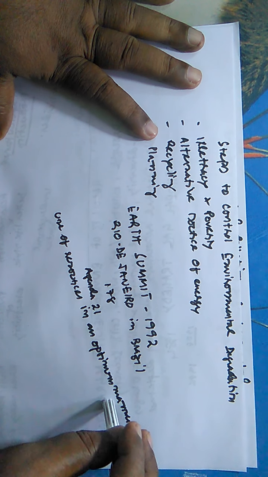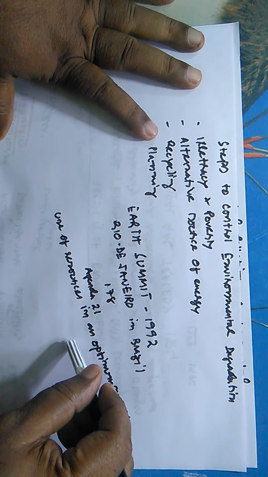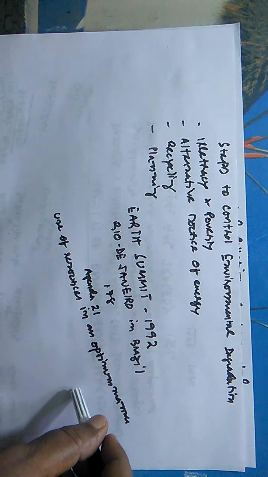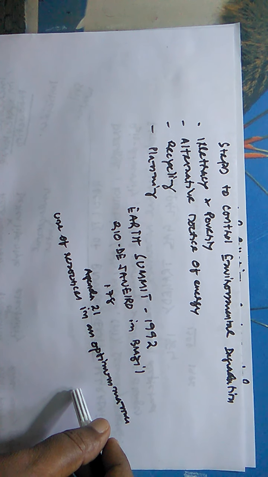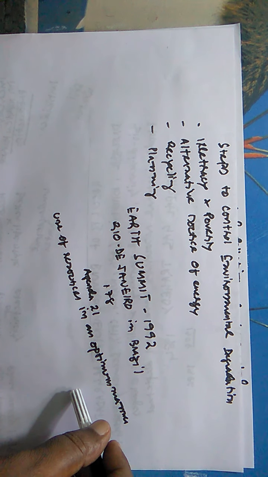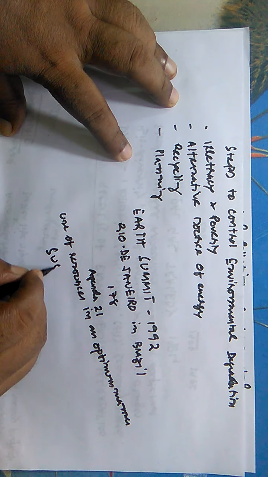So that needs of the present generation as well as future generation can be fulfilled. In other words, we should not be using the resources in such a manner that we use them, and whether the rest get it or not, what difference does it make. We should keep the resources intact for the future generation. So this concept of sustainable development